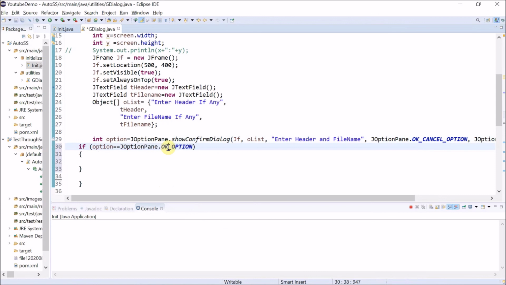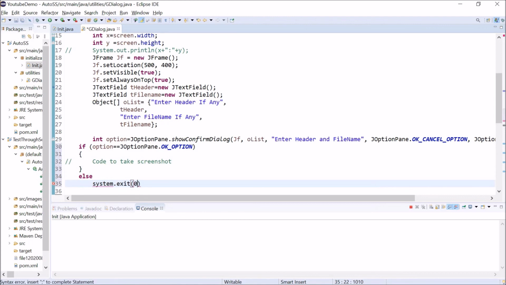So if that returned integer value is equal to my option here, then I'll write the code here to take a screenshot, something like that. If it is not that, that means if I click on the cancel button or I click on the cross icon, that time I'll close my application. Let system dot, we'll just close it, exit 0.